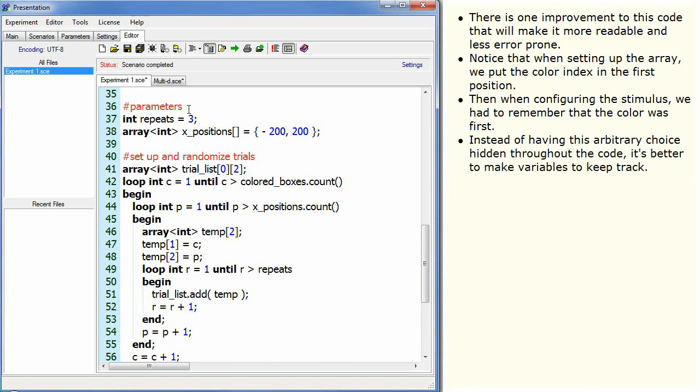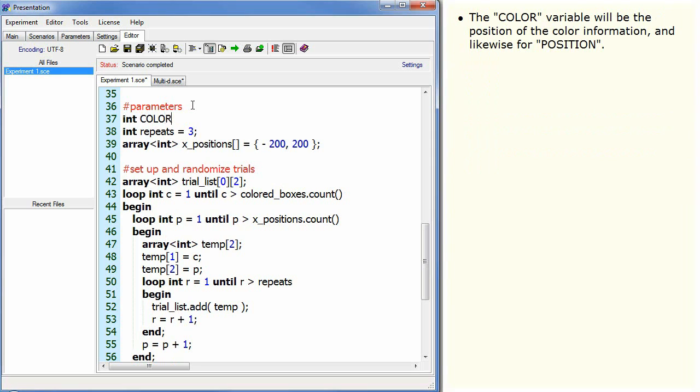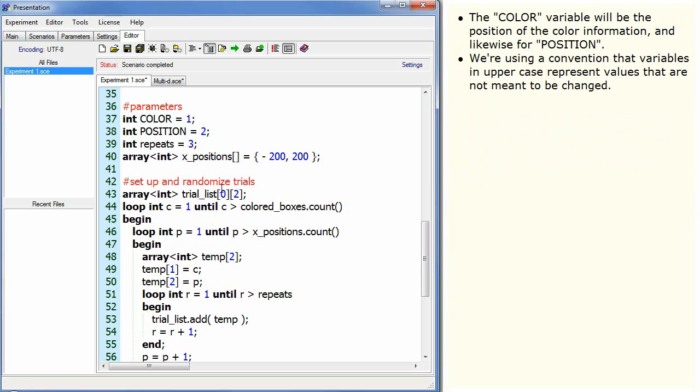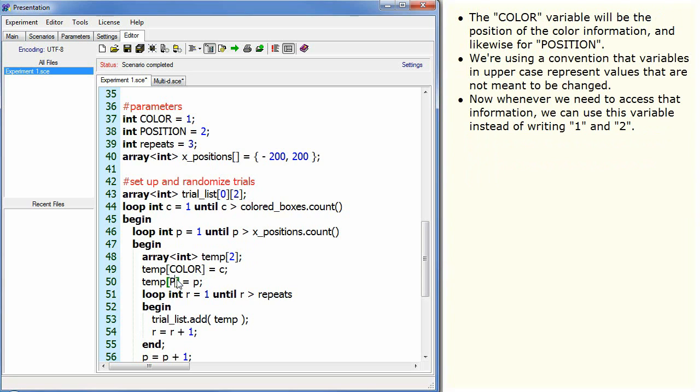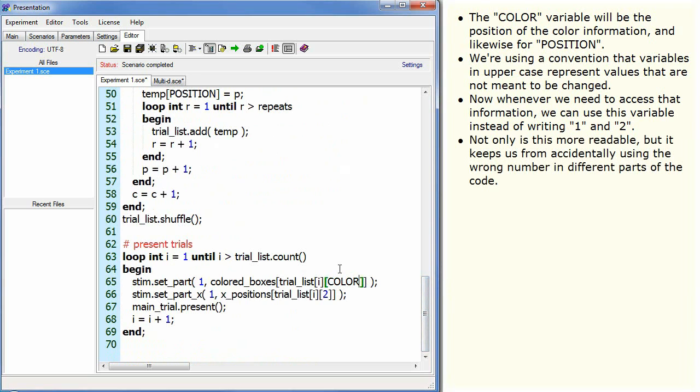Instead of having this arbitrary choice hidden throughout the code, it's better to make variables to keep track. The color variable will be the position of the color information, and likewise for position. We're using a convention that variables in uppercase represent values that are not meant to be changed. Now, whenever we need to access that information, we can use this variable instead of writing 1 and 2. Not only is this more readable, but it keeps us from accidentally using the wrong number in different parts of